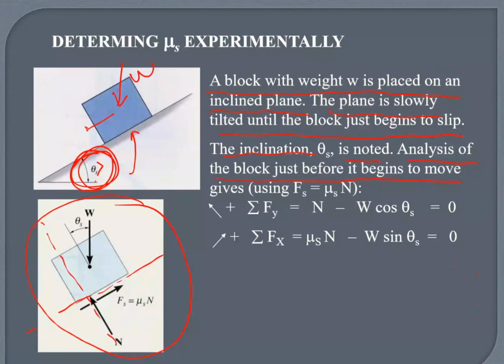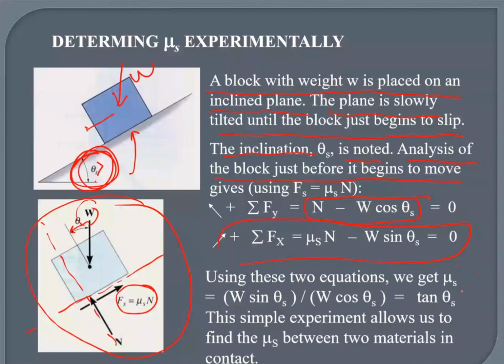So I've got this component and the component of W, that's here. And if I do the sum of all the forces along the x-axis, I've got this component and the component of this W, that is here. You do the maths,